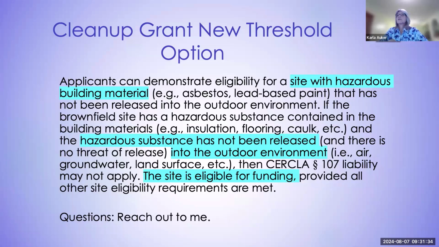So I would highly suggest that you, in your phase 2, do some sampling around the building and around where the collapse has occurred, but outside the building, so that you can make the case that this asbestos has not been released to the environment. Okay, thank you. But in general, it is a hard and fast rule that demolition is not an eligible cost for brownfields, unless, like I said, it's needed to be able to get to the contamination and you can't get to the contamination any other way.